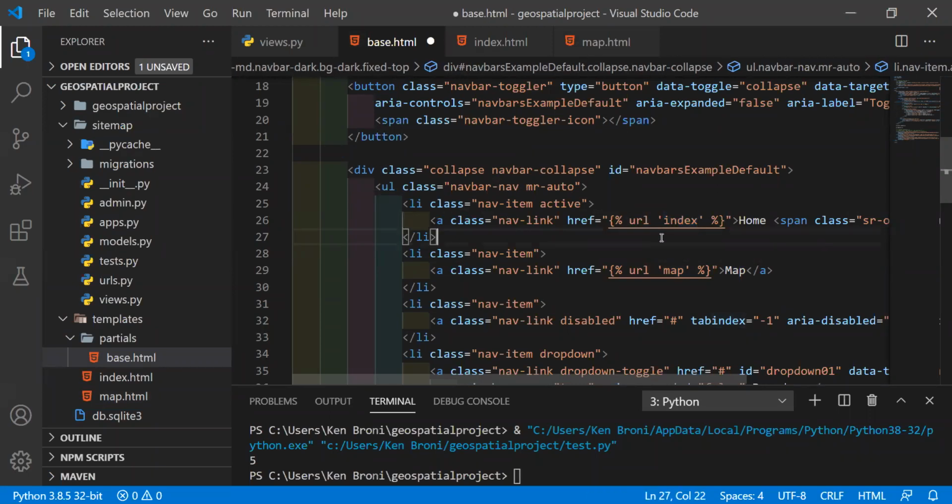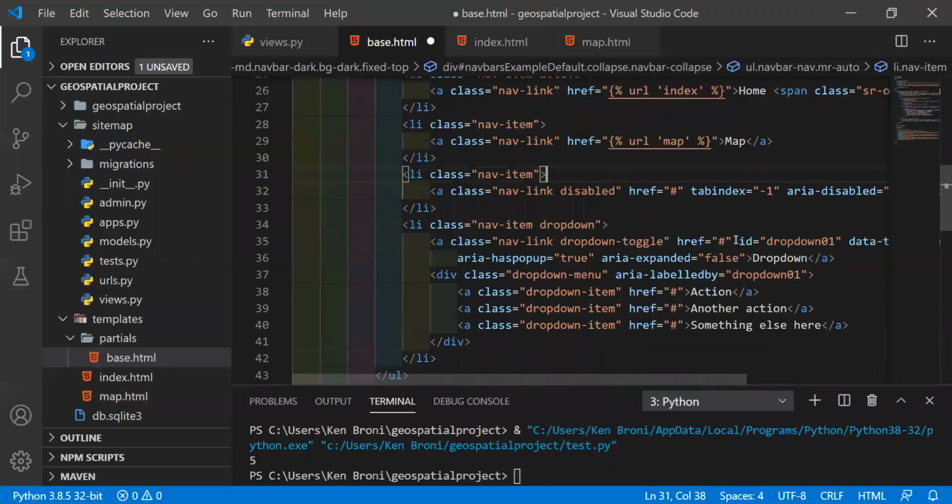That's what links if we have another view. So for instance, we can create, for the dropdowns, action. Let's send action to our map. We'll do URL, then just call the name of the template, which is map. We'll save this. Remember, with action and something else here, we don't have anything over here. It is still hash. So when we save this and come back,